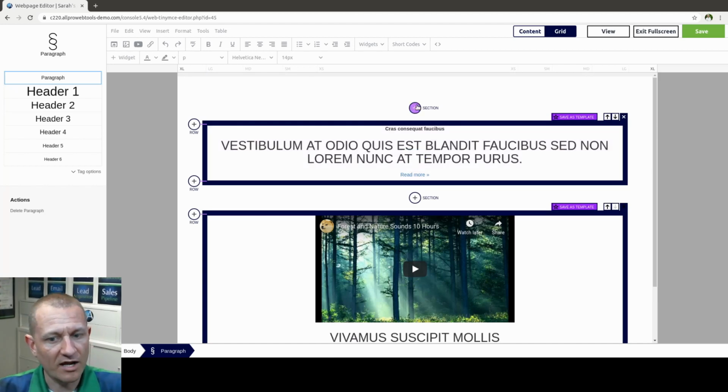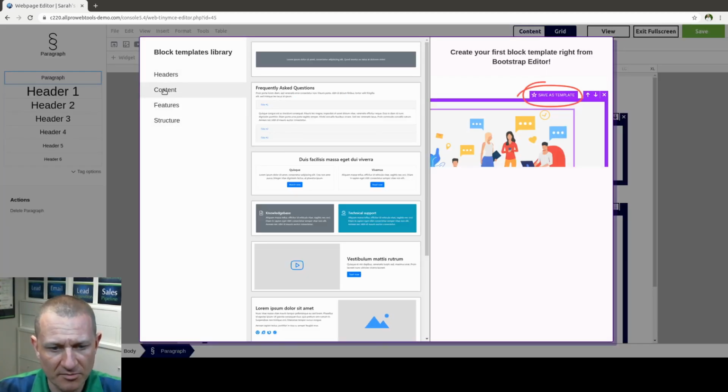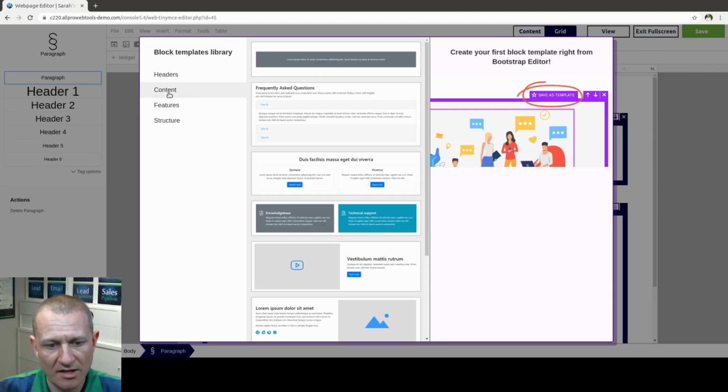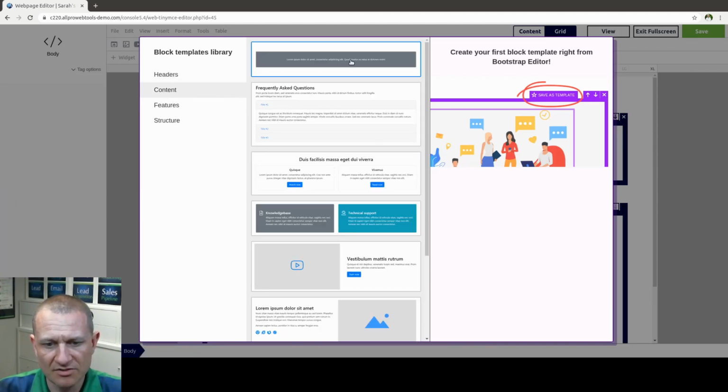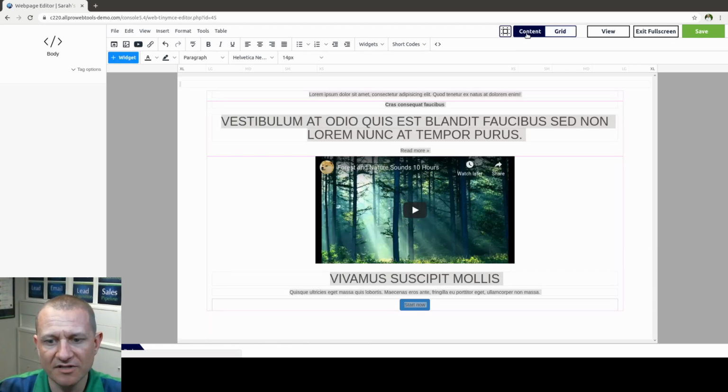Now, if I forgot something and I want to put it on the top, there is a plus section above and I can click on that. And here I'm going to go over to one of these others. So the first one I was on is called Headers, and the second one is Content. So I like this one up here, so I'm going to click on that. So now that I have my basic structure laid out on the page, I can go back to Content View,